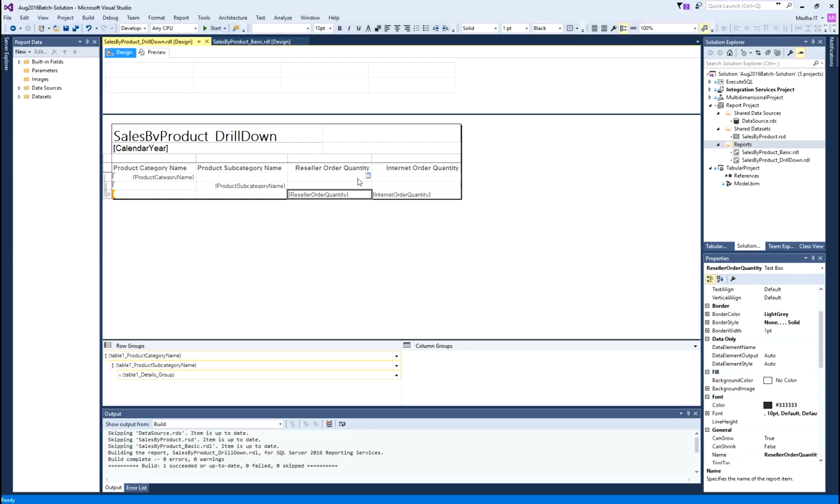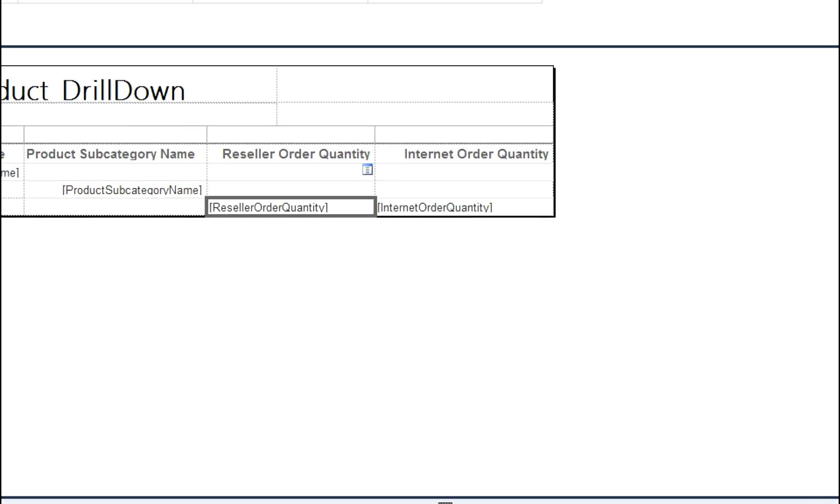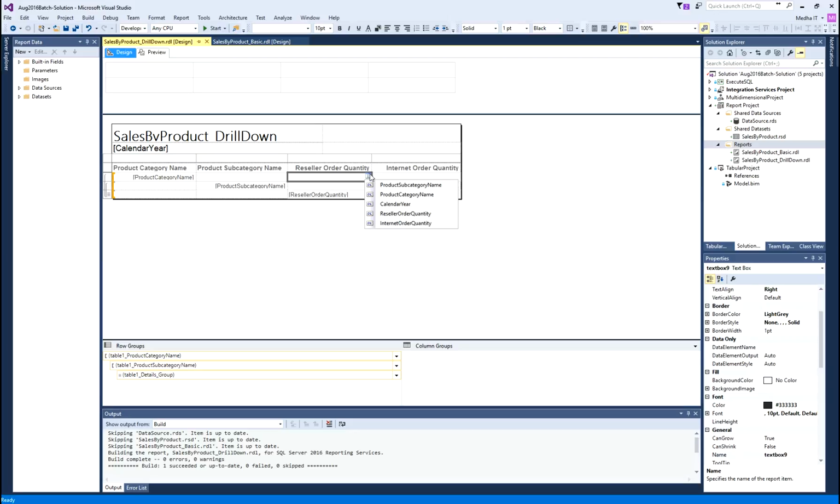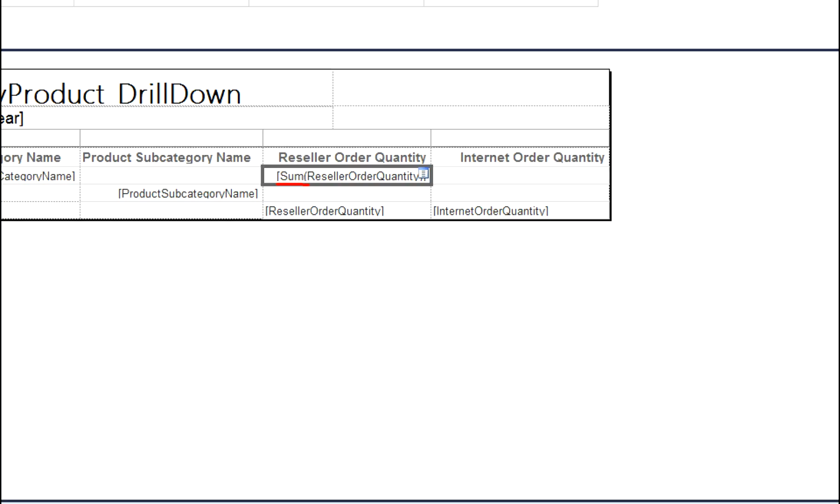So when you go here, hover onto the column or the cell, I see this symbol there, which basically gives the list of the fields, available fields in the data set. Click on this and I can pick the detail I want to show there. I want to show reseller order quantity. Okay. And as soon as I say reseller order quantity, it actually added the aggregation.